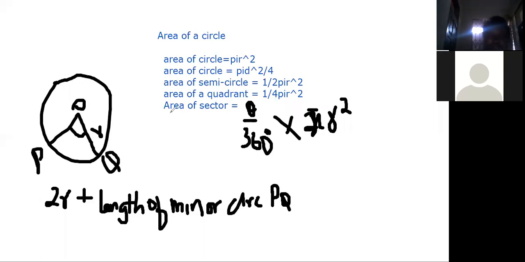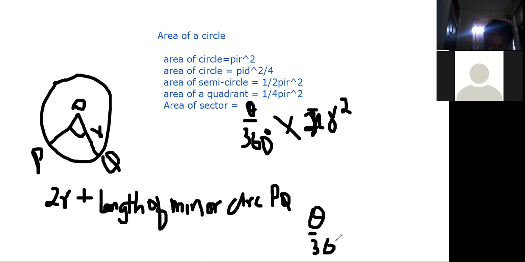Remind me. Yes, sir. Now, area of a minor sector. I've already given it to you. Area of a minor segment. The area of a minor segment is given by theta all over 360